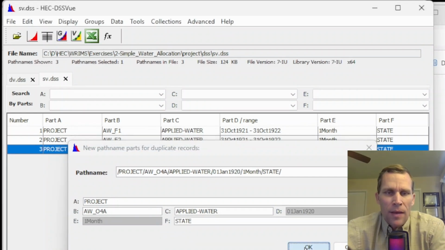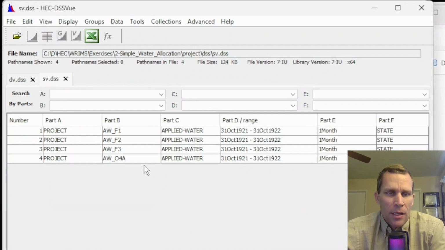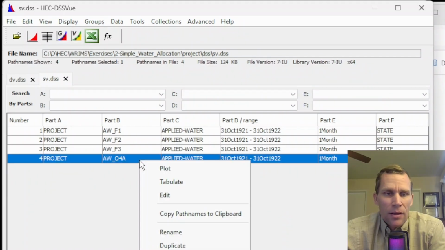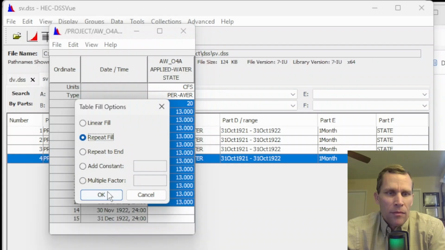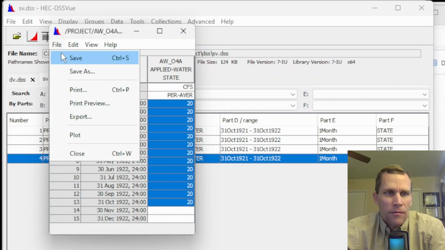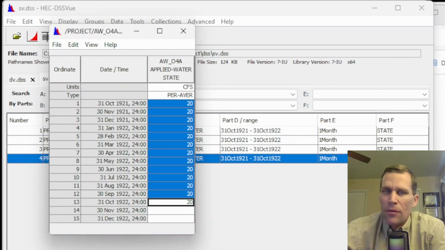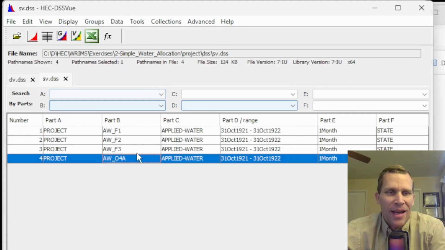All right, tab off and OK. I'm going to change the value in this data to 20 CFS. Right click, fill, repeat, and that looks good. So file, save that. Now there's one more path I want to add to this sv.dss file for state variables,